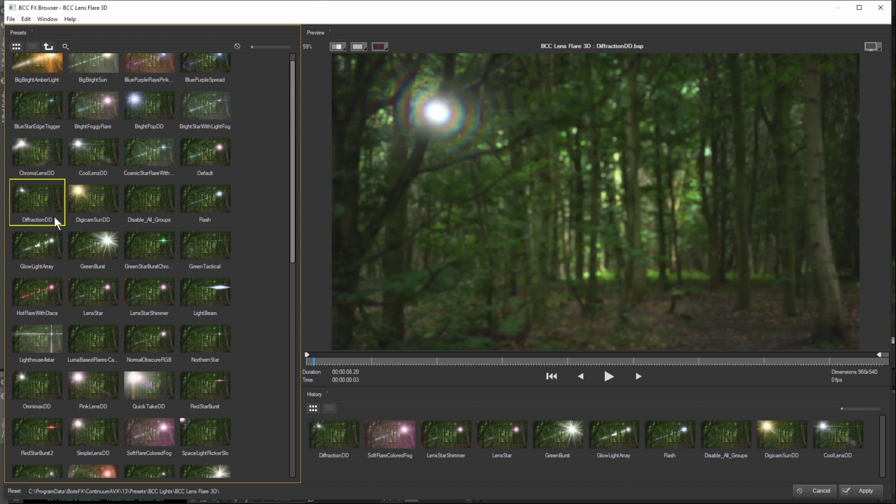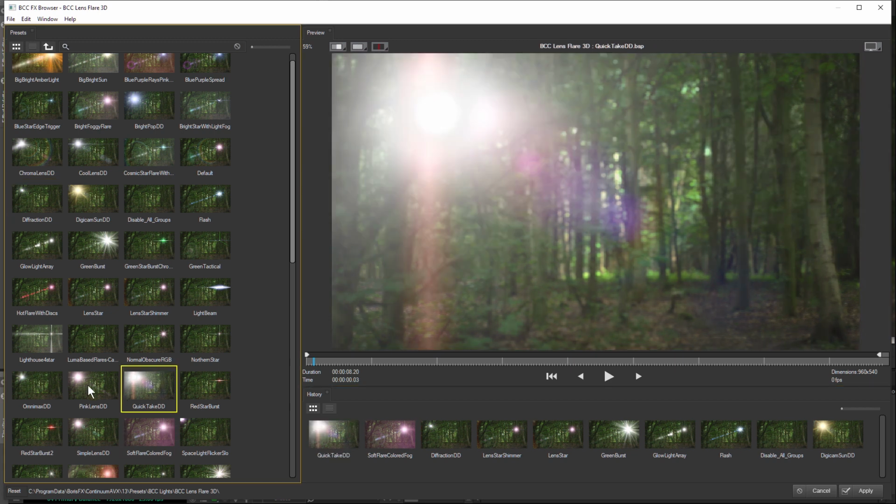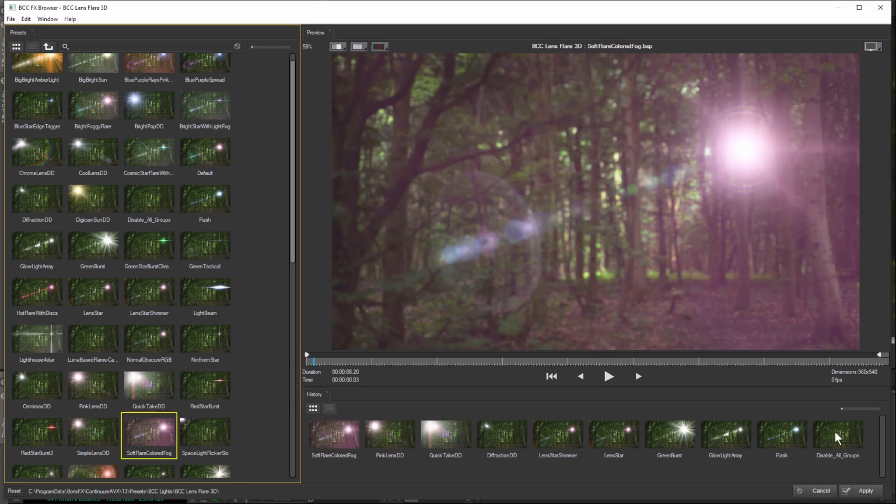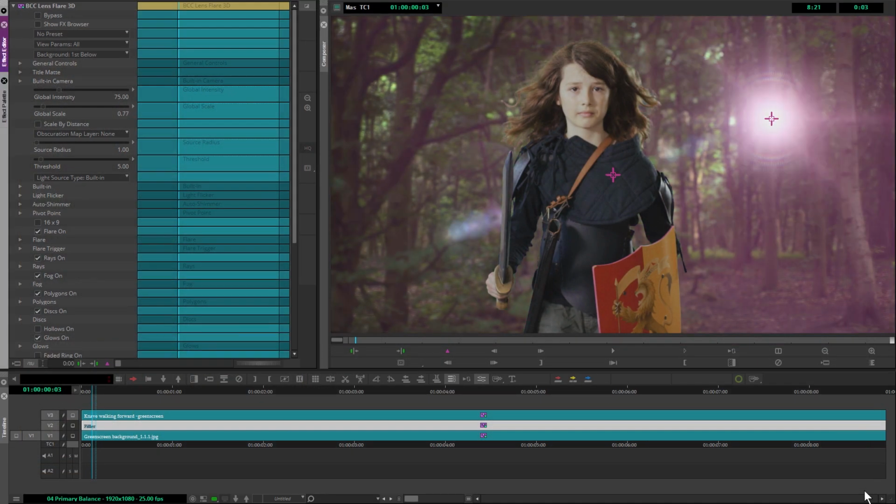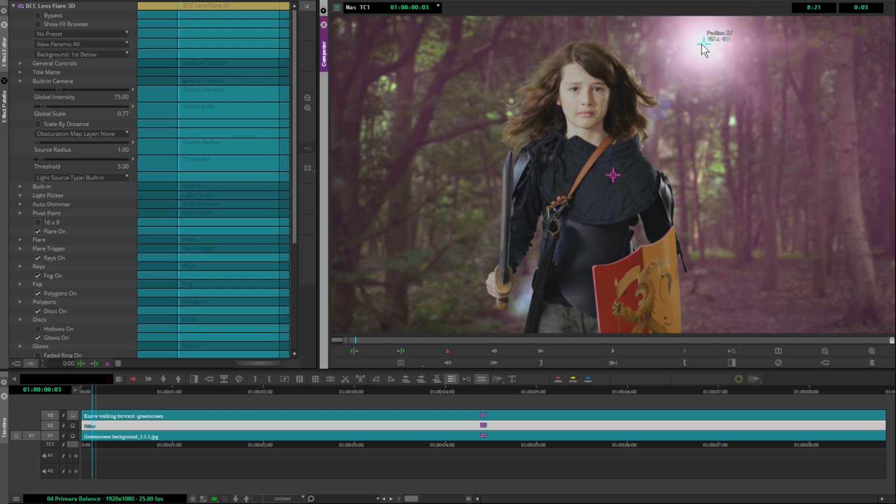But also, diffraction DD is also quite a cool one as well. That's a very different style. We will go with a soft colored flare though. And I'm just going to hit apply on that and bring that in here. I'll move that up here somewhere. Okay,